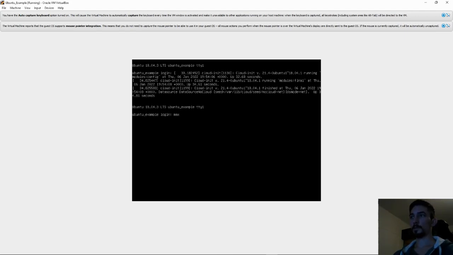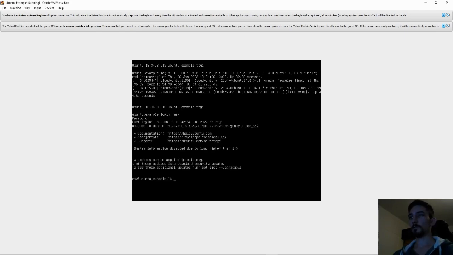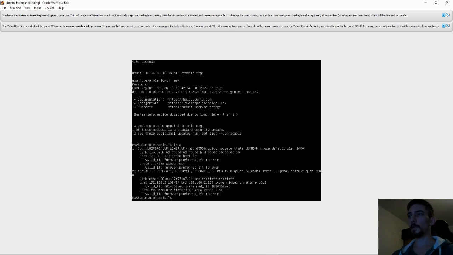So the machine has booted, and we're going to log in here again, and then we're going to get the IP address of this machine on our local network. We can simply do this with an IPA command, and then you will see down on the bottom the IPv4 address is 192.168.2.192. I'm going to write this down here quickly,